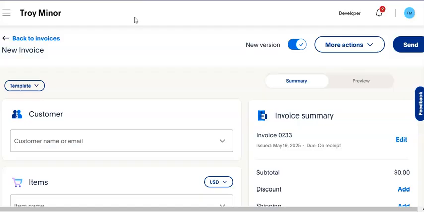PayPal invoice in 2025. PayPal has recently changed their invoicing system, so I'm just going to walk you through this as quickly as possible. I encourage you to watch this video through to the end, and if what I share